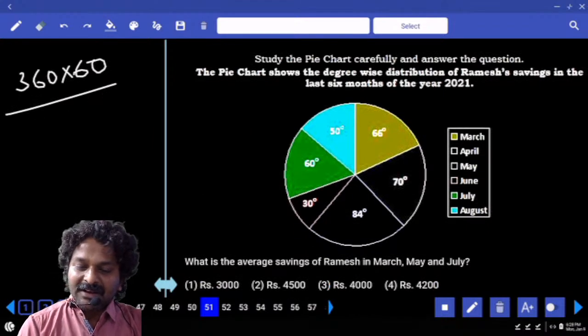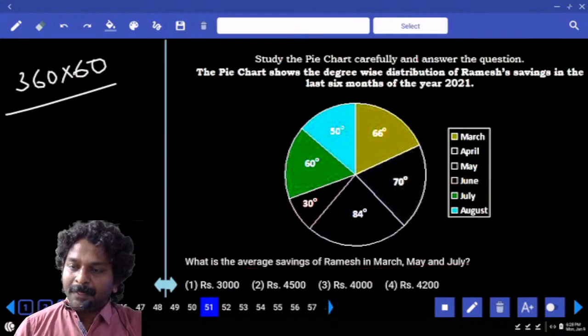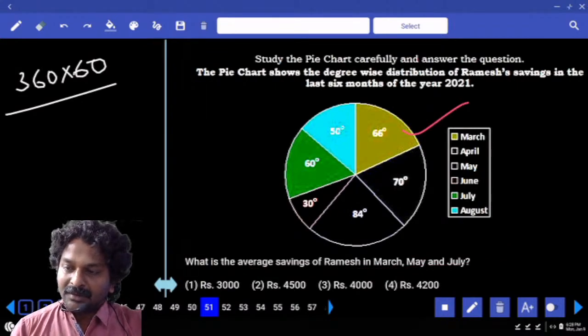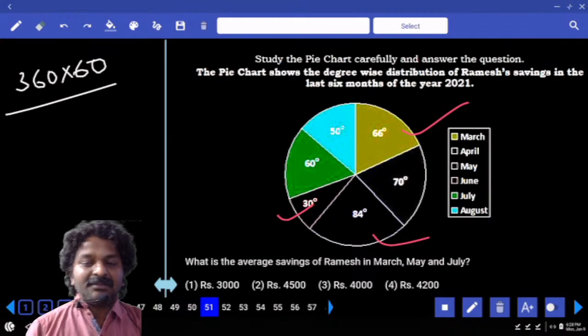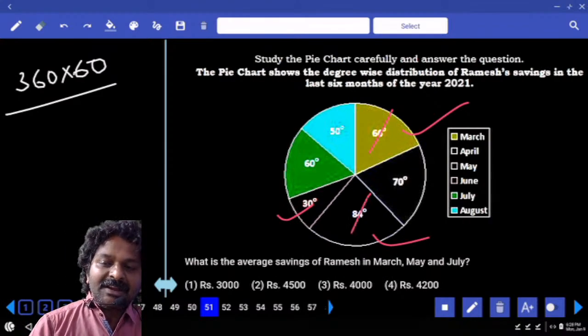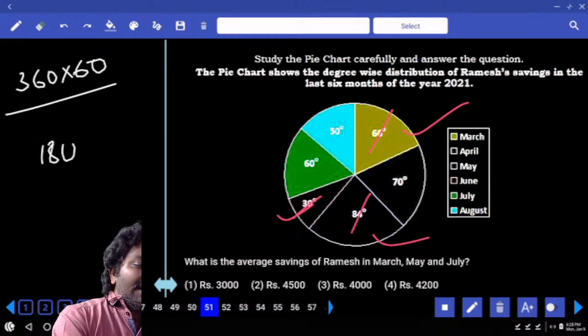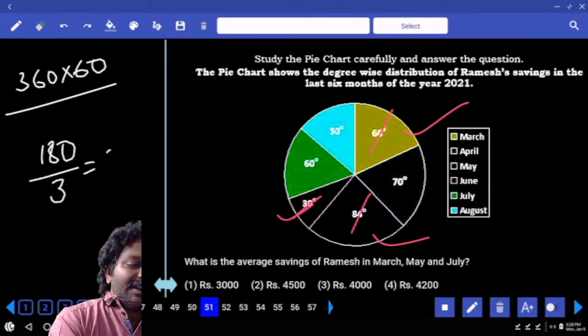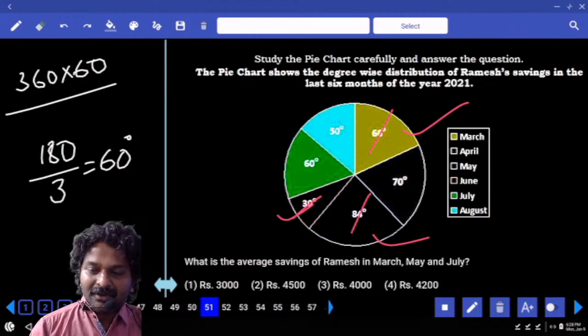We were asked to calculate the average savings of Ramesh in the months of March, May, July. For these three numbers we were asked to calculate the average. 150, 150, 30, 180. We were asked to calculate the average, that is divided by 3, which is 60. 60 degrees in the sense already we know the value, which is